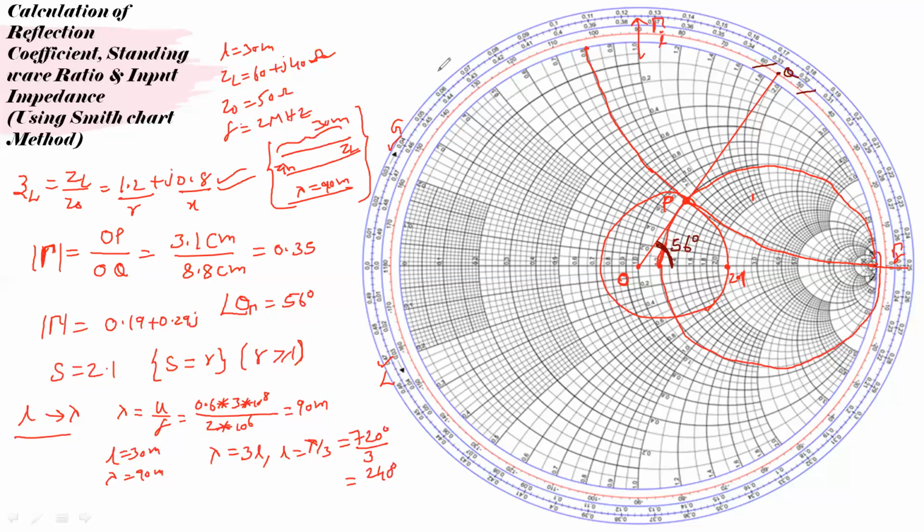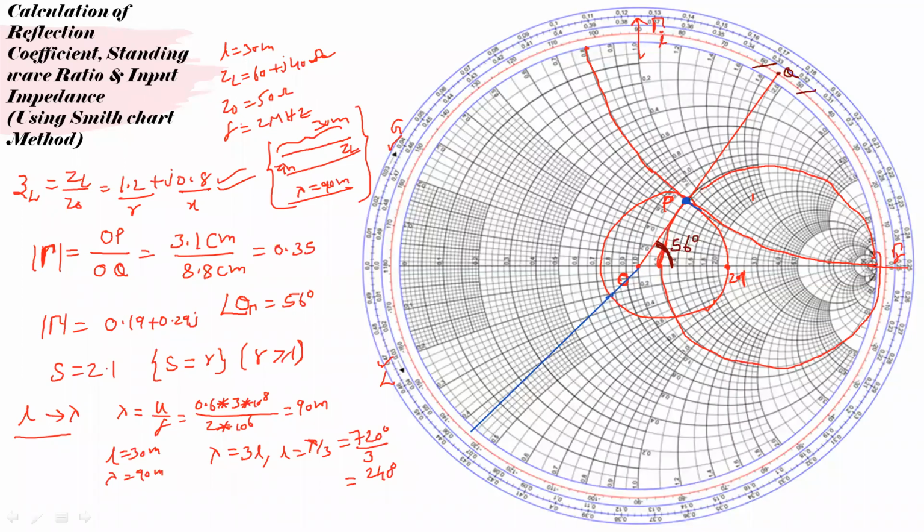Let me take another color to represent it very clearly. So you need to take this point, point P, and move on the S circle by how many degrees? Let me take one reference line so that you can understand. This is a reference line opposite to OP. This is the opposite reference line. I have drawn this blue line just for reference. There is no other reason for that.